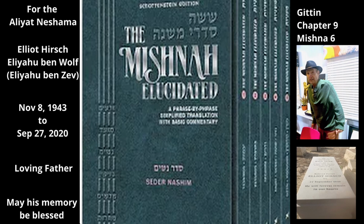witnesses. The Mishnah now discusses a case where we cannot be sure that either get was signed by two witnesses. If the two Gittin were signed by four witnesses, the first one a Hebrew-speaking witness in Hebrew, and the second a Greek-speaking witness in Greek, then by another Hebrew-speaking witness in Hebrew, and then by another Greek-speaking witness in Greek, and all their signatures stretch from underneath one get to underneath the other get, the Hebrew signatures starting on the right and ending on the left, and the Greek signatures starting on the left and ending on the right,